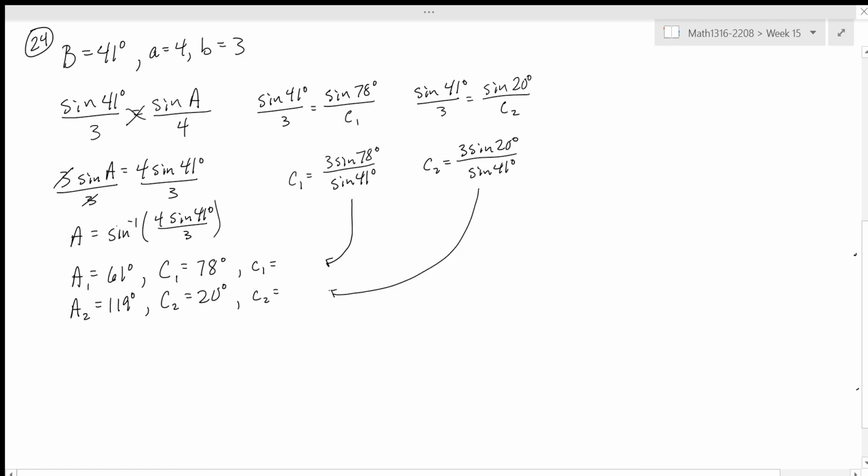Let's go to the nearest tenth. 4.5 for the first one. 1.6 for the next one. Yes. Really? I just guessed. Is it 1.6? Bam. All right, and that is his